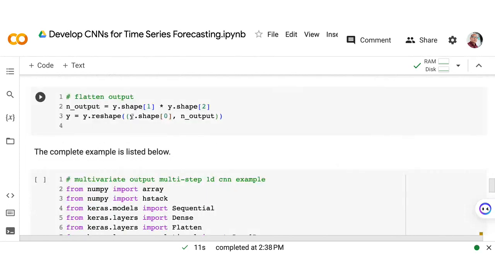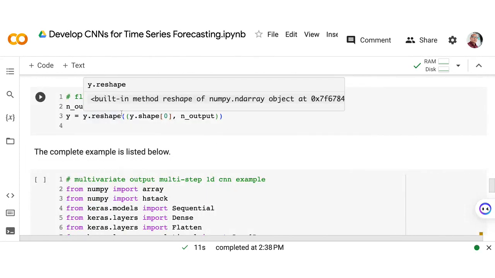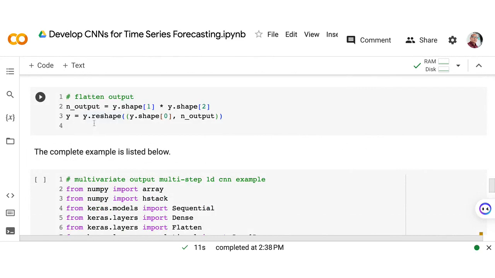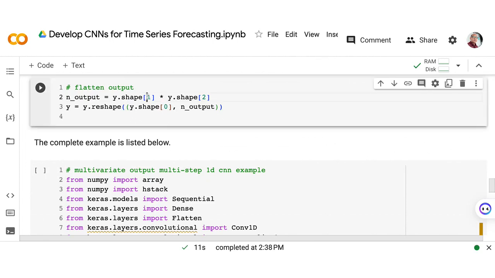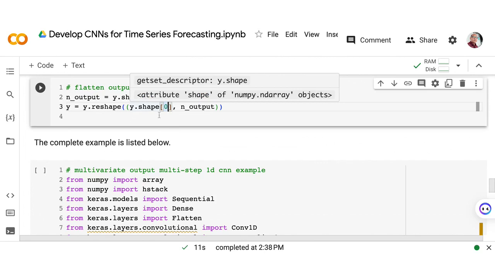And you will notice also that our output was flattened here, no? This is a bit unusual because there is flattening of output here, wherein the shape of our output is going to be the second index of the y and the third index multiplied. And to reshape, our shape is going to be 6 or 5?